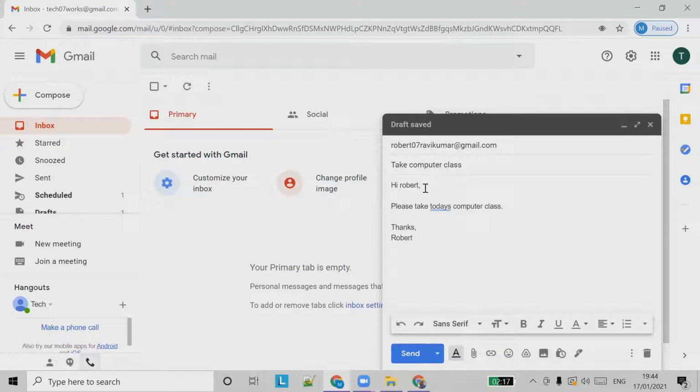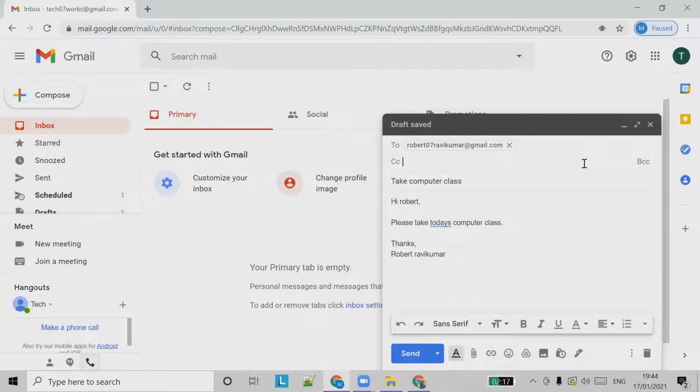So who comes in the CC option? Someone who doesn't have to take an action or work on the email. He could be someone like Sadish, our FIB organizer, or in a company, someone we just let know that Robert is going to take the class. So we can put Sadish in the CC list.